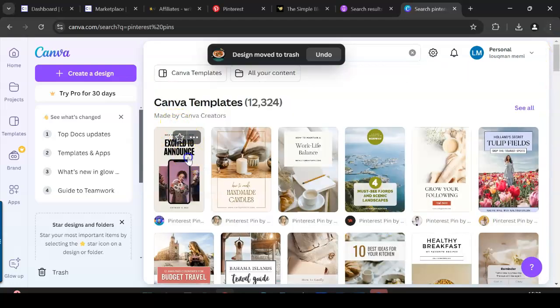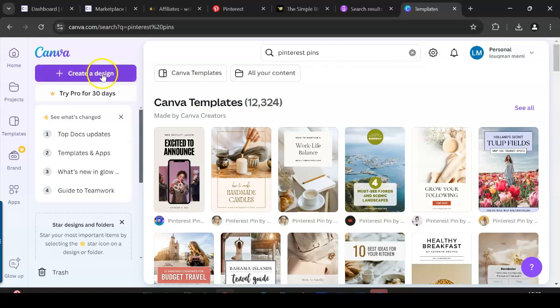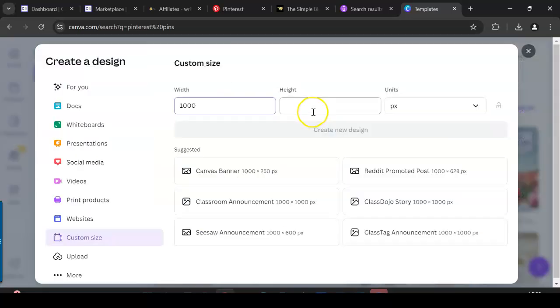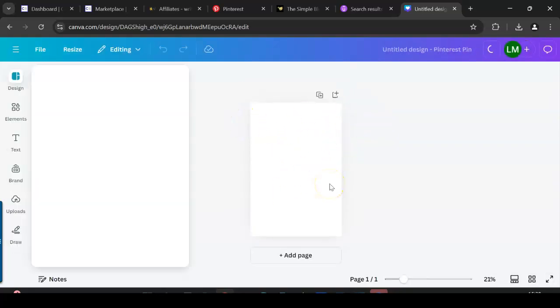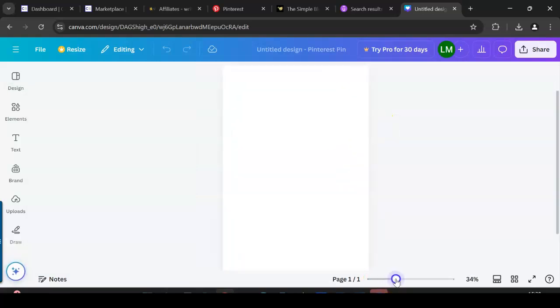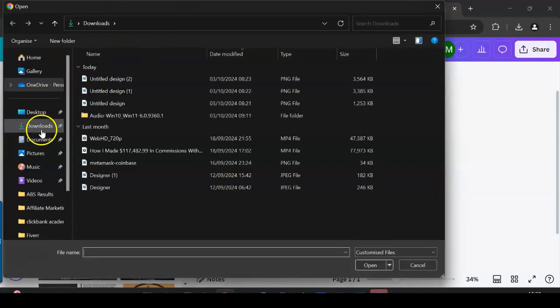If I just click on this, you can see you could customize it, Pinterest pin. Or you could do your design yourself, create a design, custom size. So 1000 by 1500, create a new design. And there you go, it's going to come up with this, and then you could just drag your file here. I'm just going to show you how easy this is. So let's make this a bit bigger. Then if I just go to upload file, and go into my downloads here,